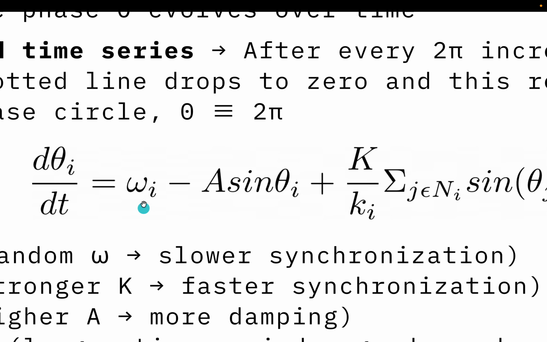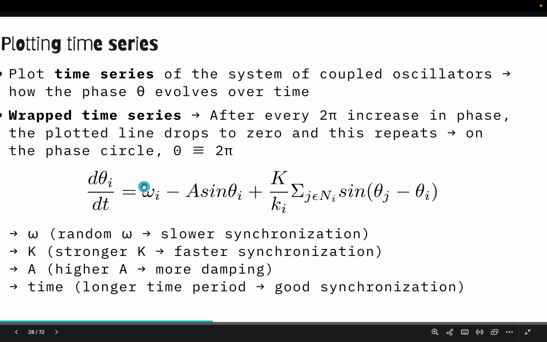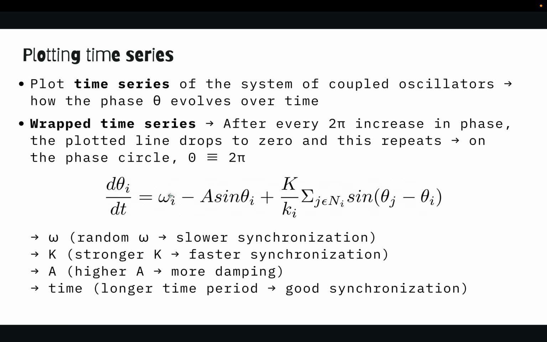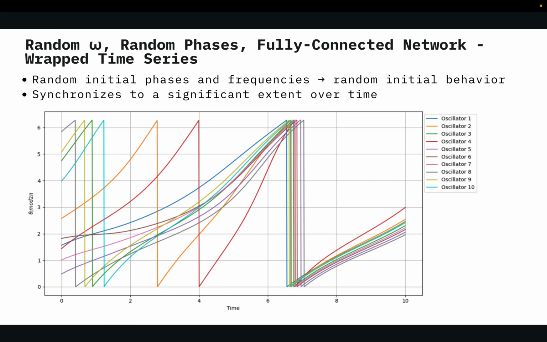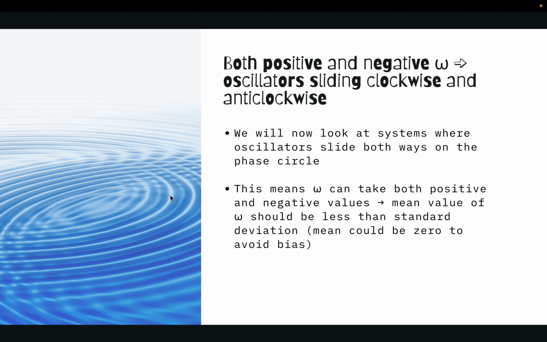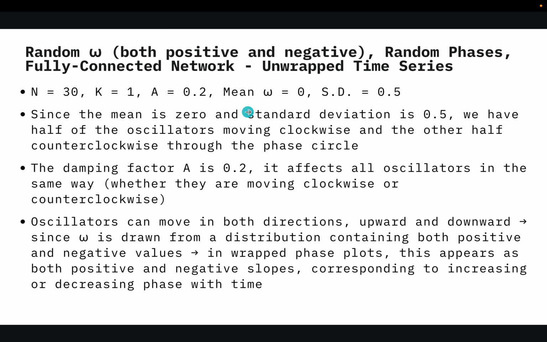If omega is negative, that's a different thing. If omega is negative, it's in the other direction, but that doesn't affect this. This a always treats all the oscillators equally. It's not like the oscillators moving clockwise are more impacted by the damping. That depends on how you choose the mean omega and a. Here we see that there is more bias towards omega less than a,